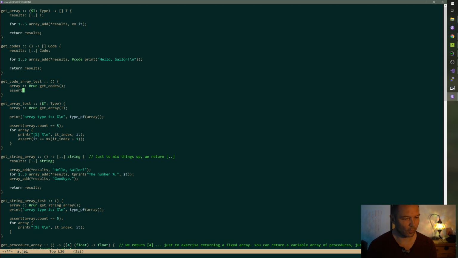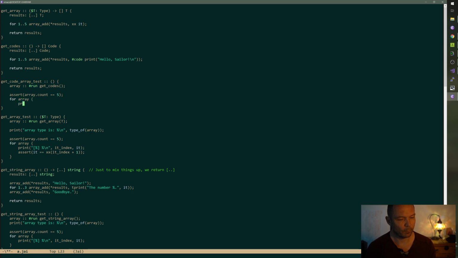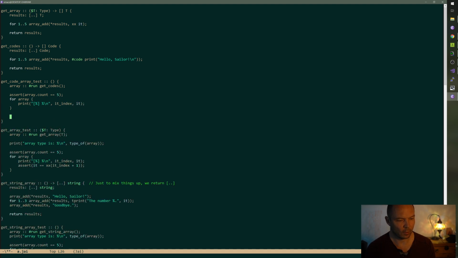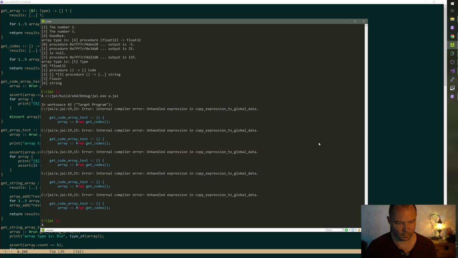But assert array.count is 5, and then for array, print I. I don't think that's really going to print anything interesting. Insert array sub 0.